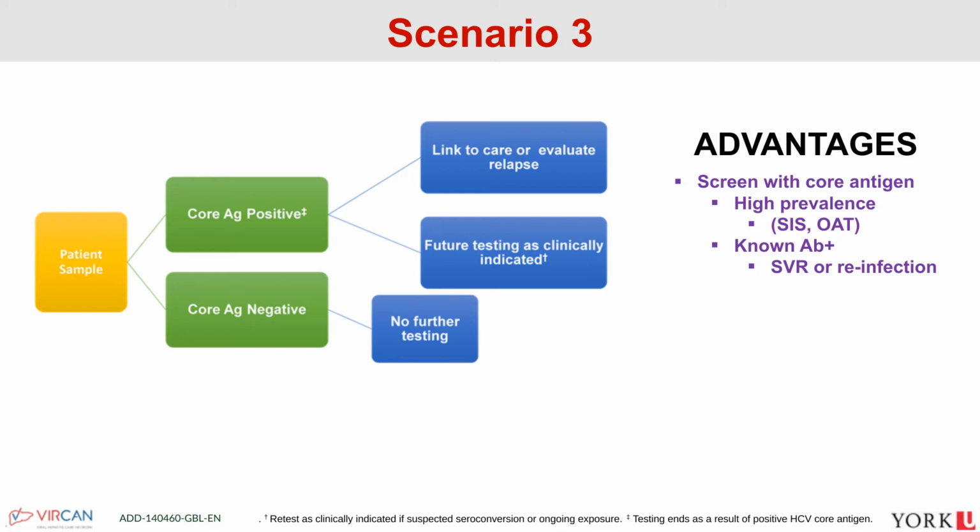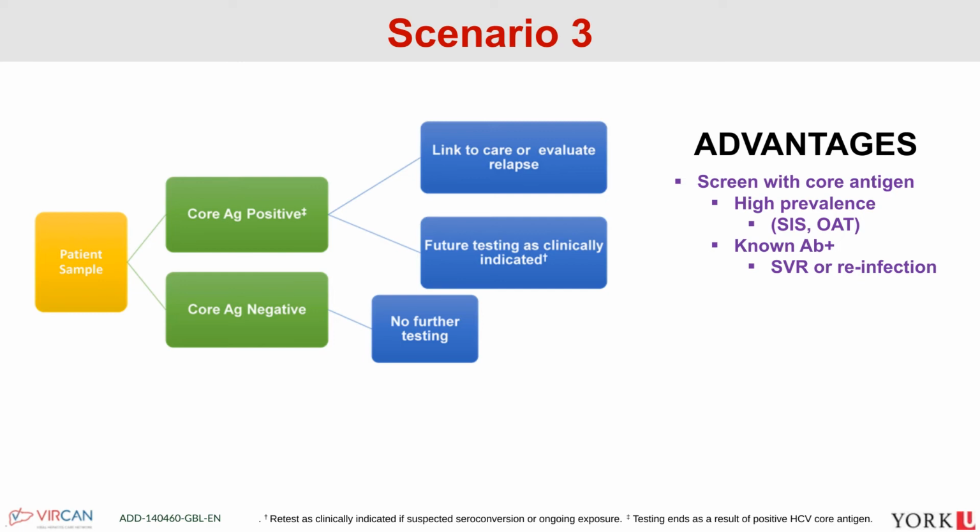So this could be used in places like opioid agonist therapy clinics or supervised injection sites, overdose prevention sites, or in parts of the world like Canada, where we actually have safe supply programs. This is when we prescribe opioids so that they're not tainted. And these folks might have a higher prevalence of Hep C. So knowing immediately if they are actively infected could decrease the time from diagnosis to treatment.